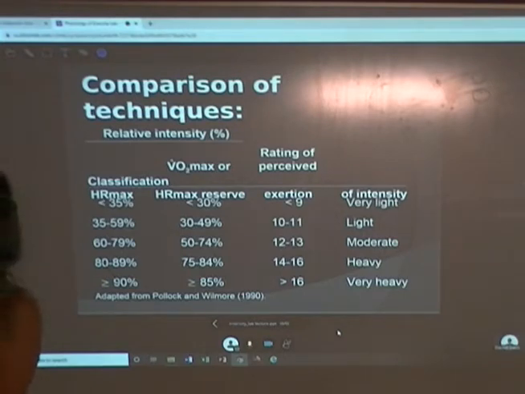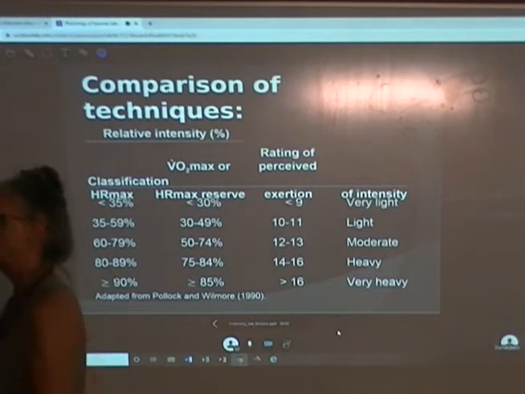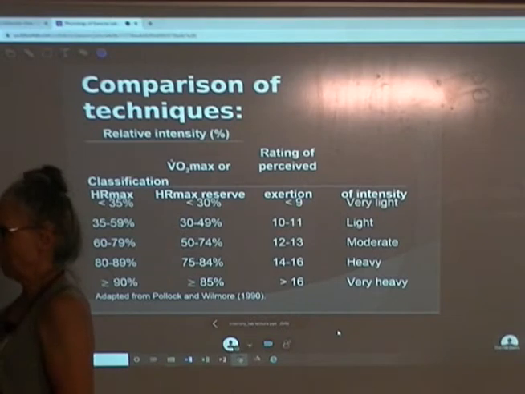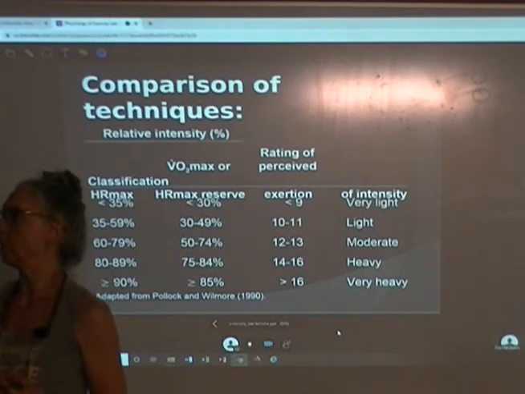Right? That's why it's so useful to know, because the intensity that I'm working at isn't just I'm power walking at 4 miles an hour. Because how my body responds to that 4 miles an hour is different. If I'm not hydrated, my heart rate goes up faster than if I'm fully hydrated. Right? And the intensity of the work that you're doing is the key to achieving the goal of the work